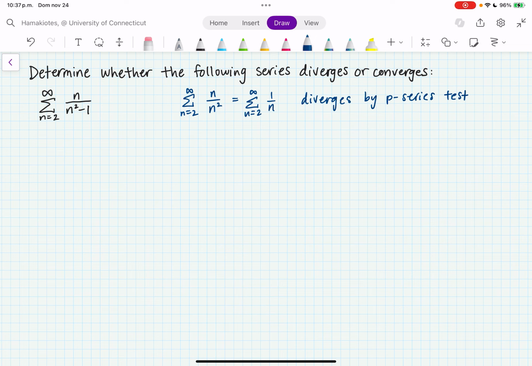And so now I have one series, n over n squared minus 1, and I have another series that it behaves like, which is the series for 1 over n. Now, we want to use the direct comparison test. And what the direct comparison test tells us